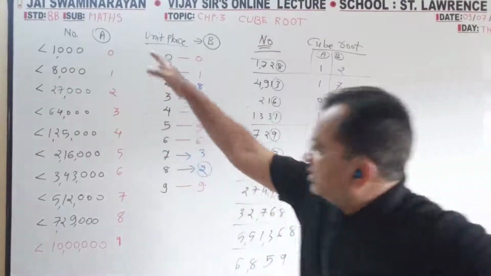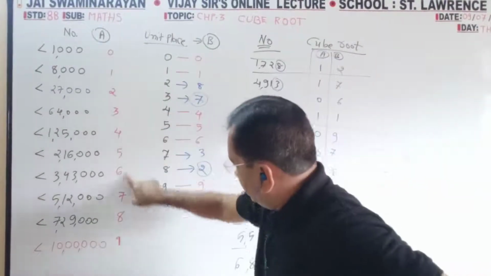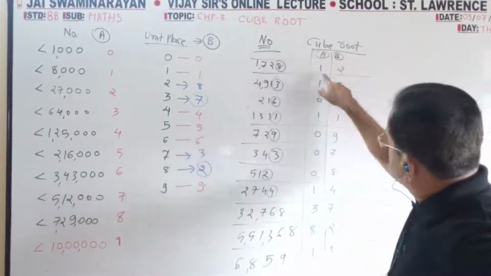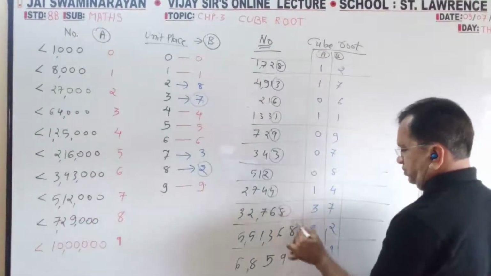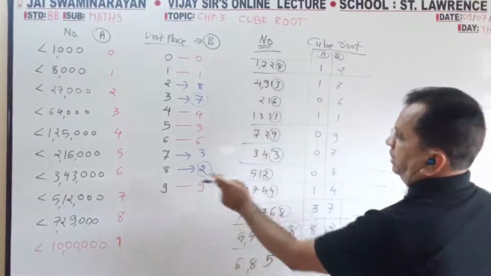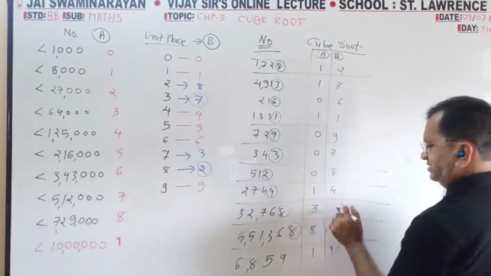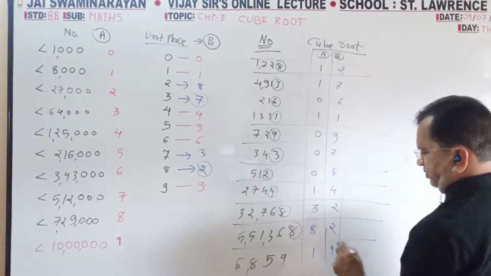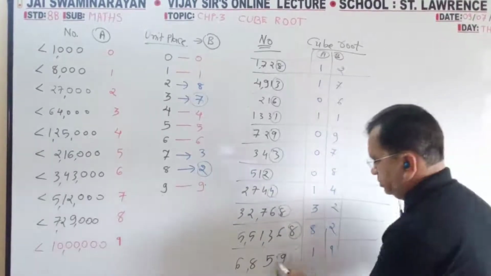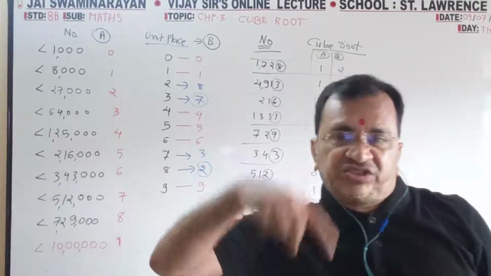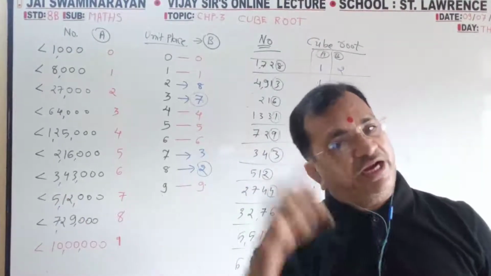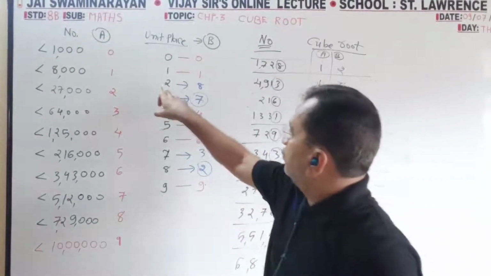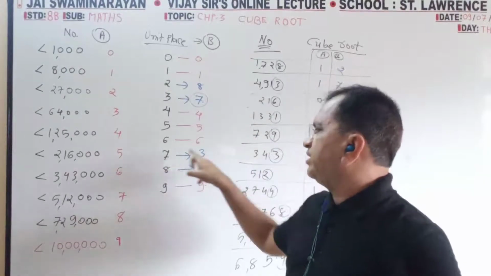Which condition does the overall figure come under? So write this a digit. In the first digit I have marked 8 to 2, and 9 to 9. For the last digit, if it is 2, you have to write 8. For 8, you have to write 2. For 2, 8. For 8, 2.